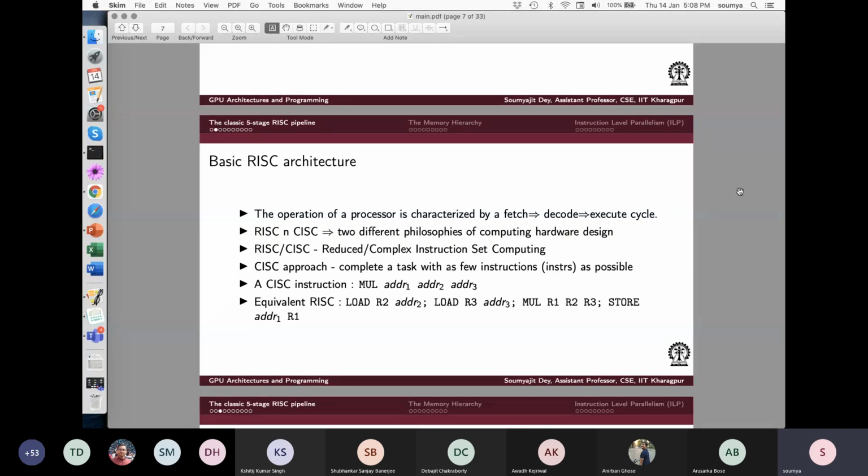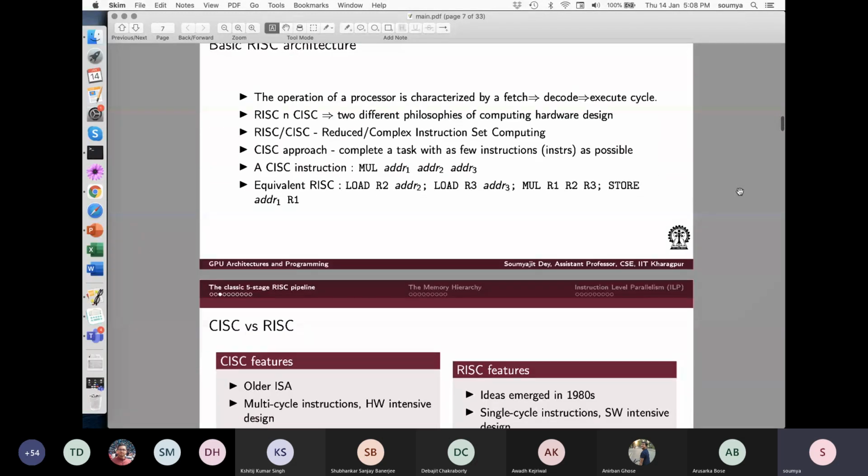Let's say fused multiply-add together, or some complex functionality, let's say adding and working on operands which are directly in the memory. Several such things are possible. So you would have an instruction set with a lot of instructions, where some are regular instructions and some are for very special purpose. The other alternative approach is an instruction set which is very simple. Every complex functionality can be implemented by a sequence of simple instructions, but each of the simple instructions executes very fast. That is the way people came up with RISC architectures.